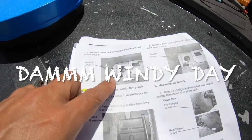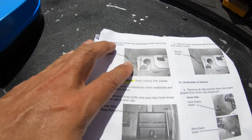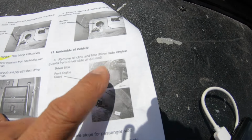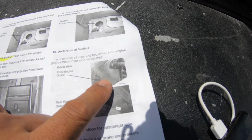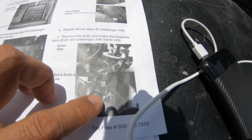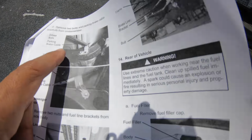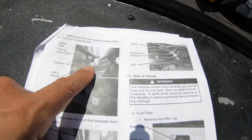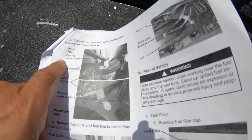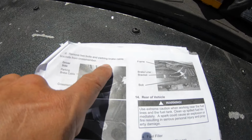All right, so I exposed all the body mount bolts, 1, 2, 3, 4. I did that. This is the cover, and oh, here we go. I just need to loosen the two 10 millimeter nuts on each side, then go underneath. This is the frame. I need to find the driver's side parking brake cable, and it says just to remove the bolts from the cable and the cross member. Okay, so remove that one, then remove the fuel line,